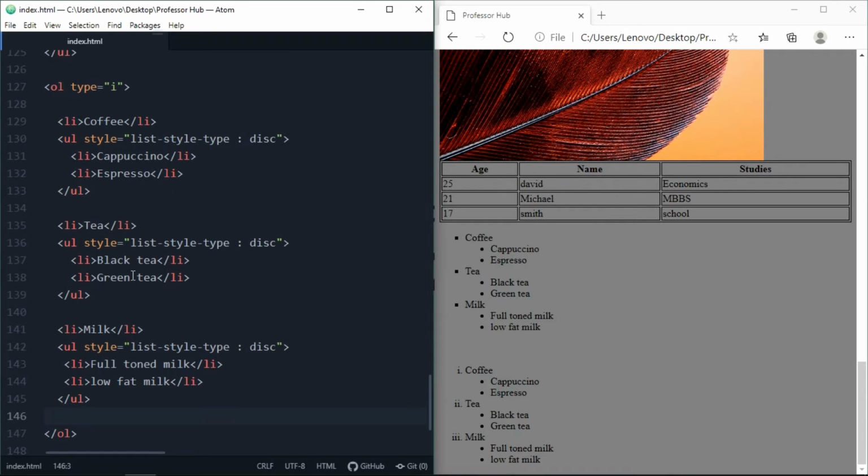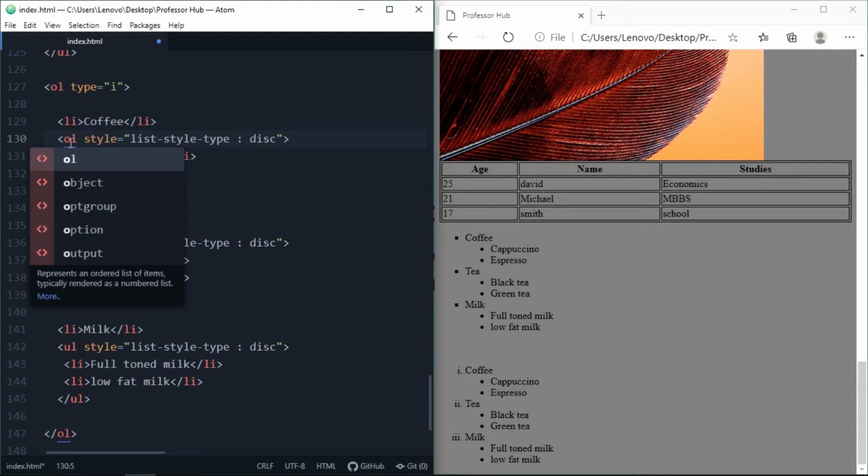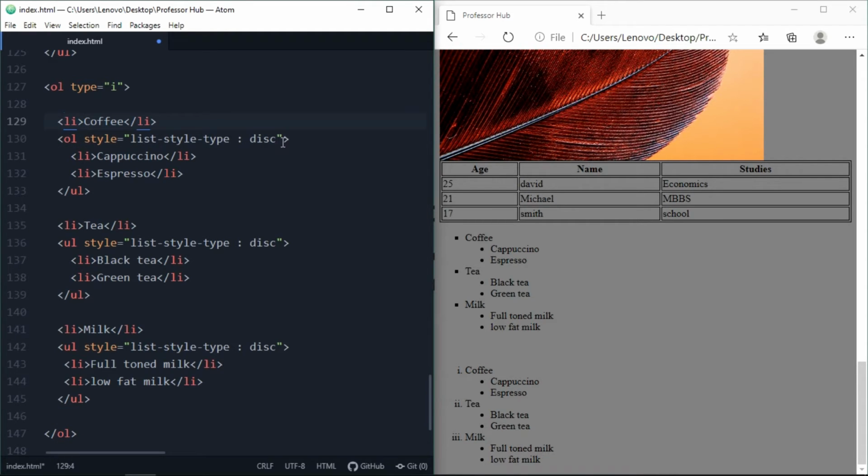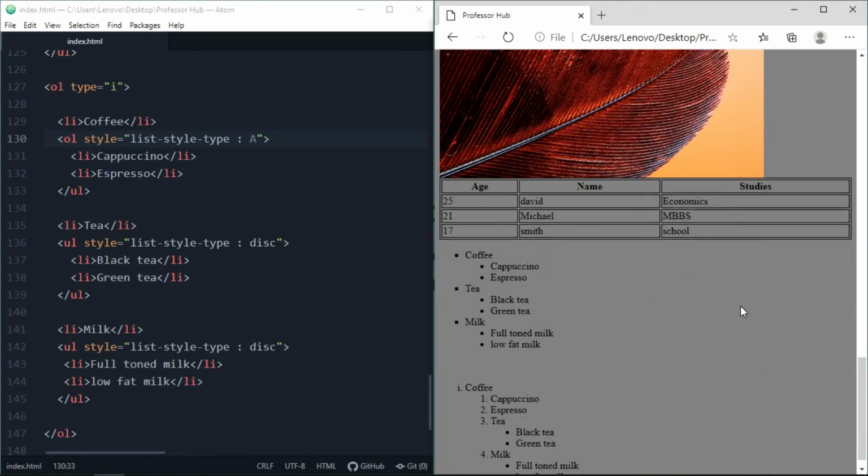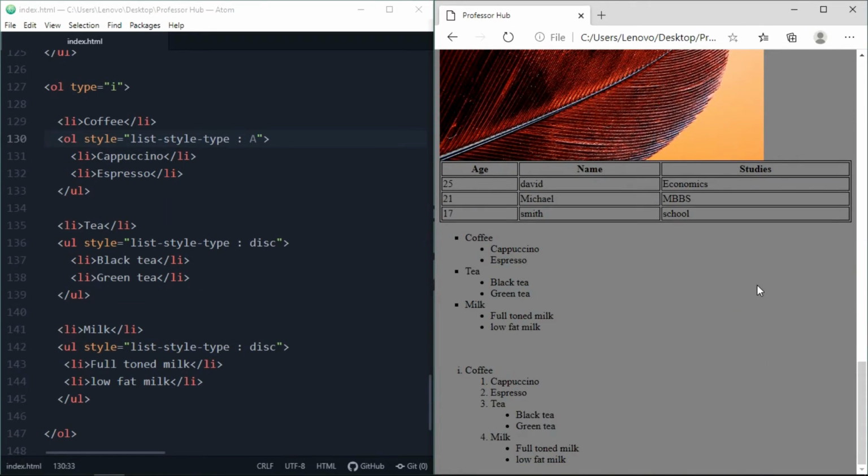Let's change the UL to OL, and let's change our style, right? Let's make it A, capital A, and refresh it. You will not see any change, right?